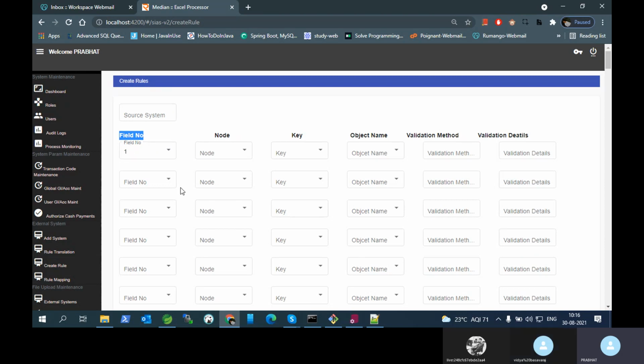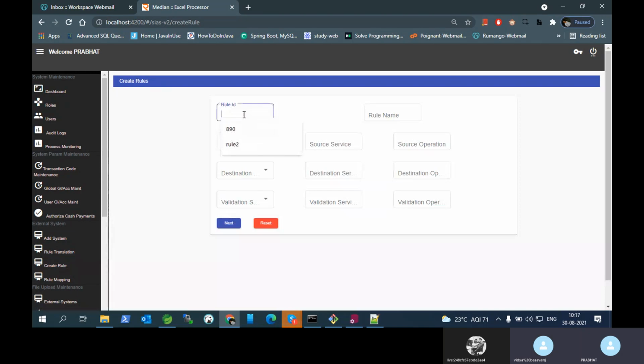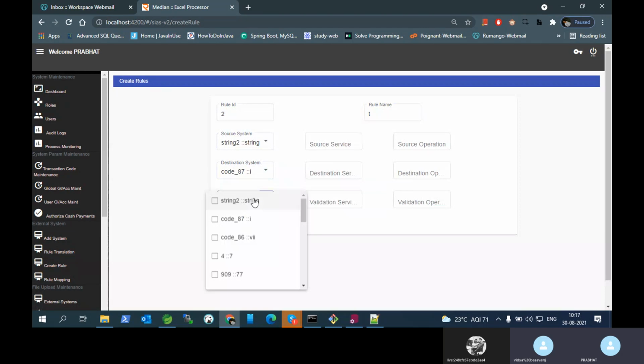See, suppose this will not load at once. Once he has to select the source system. Okay. And this source system is a drop down, right? Prabhat sir, can you go back? Create rule new screen. From new, can you come? Okay. So new, I have to fill the details, right? Yes. Then put validation here, no? I commented. You just fill source system, destination, and validation. It will display there. That is fine. But you have to restrict here. If they are not selecting, it should not navigate.